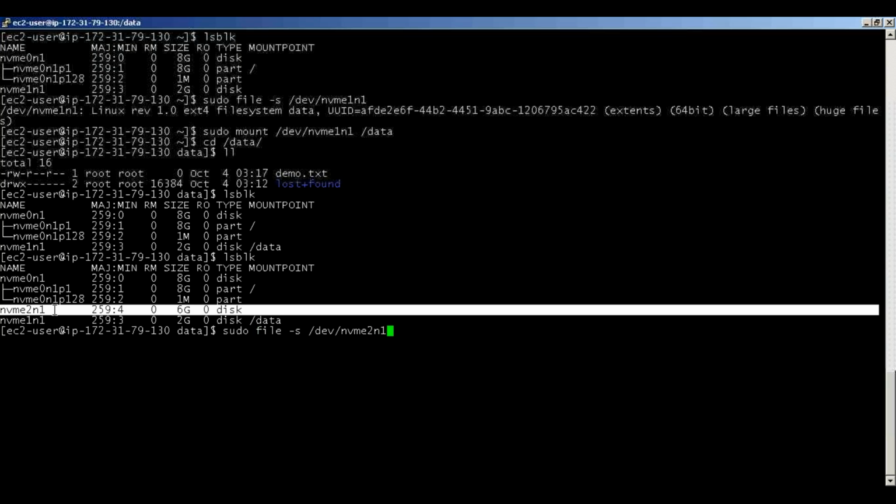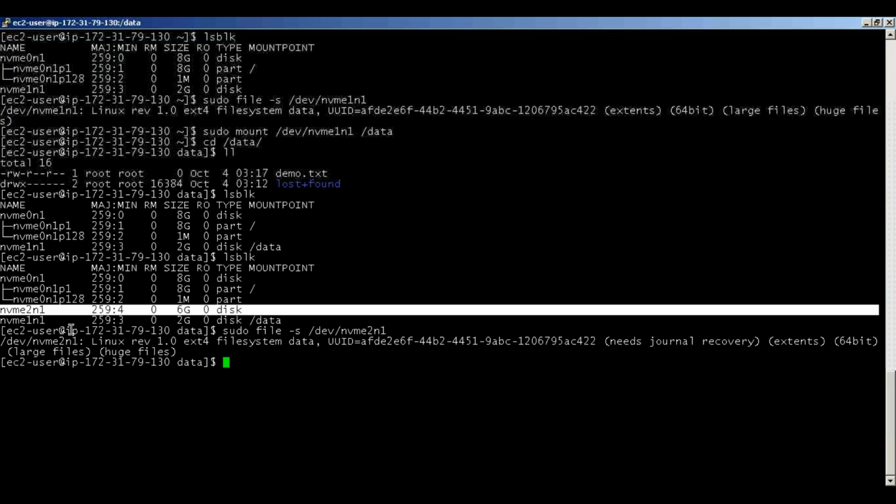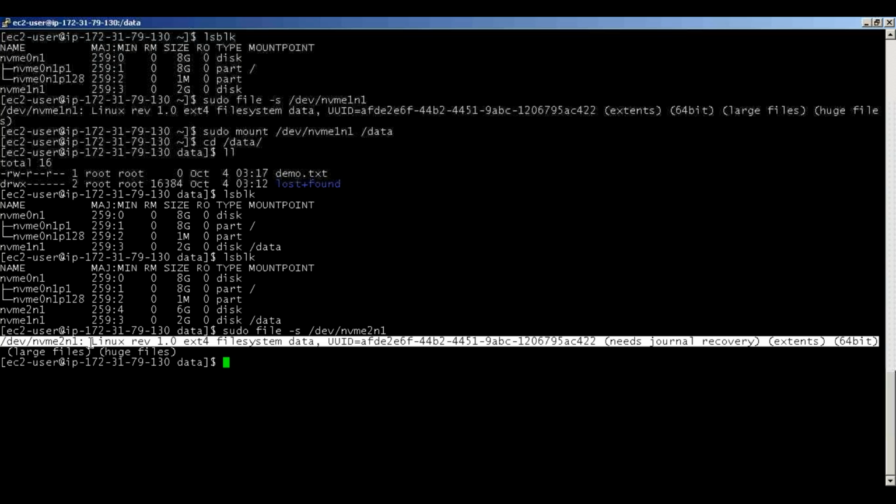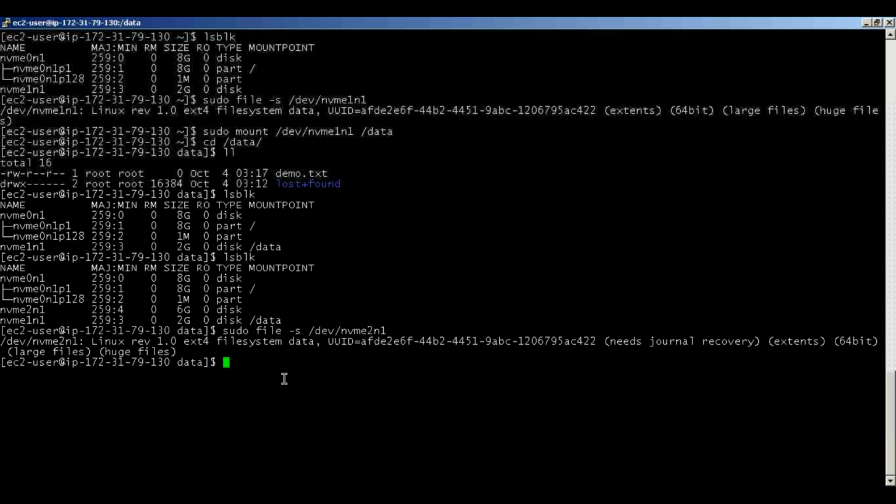So when you do this, you get an output like this. So it means that this has some file system. So we should not format it, right? You can go and you mount this. You create another mount point, right? Slash data one or something like that, right? And then you say mount,